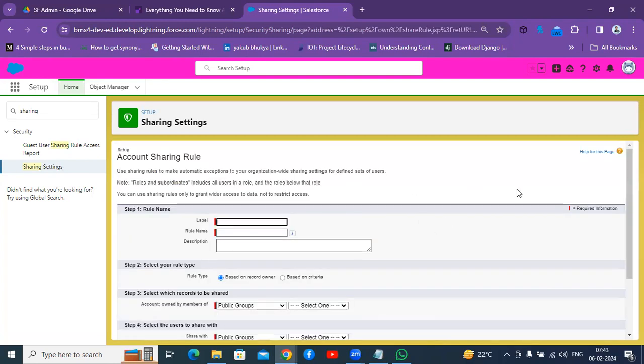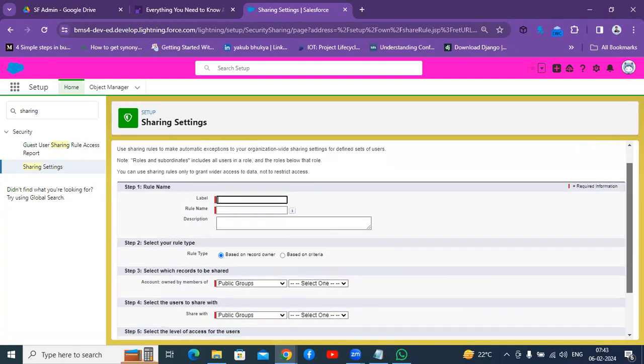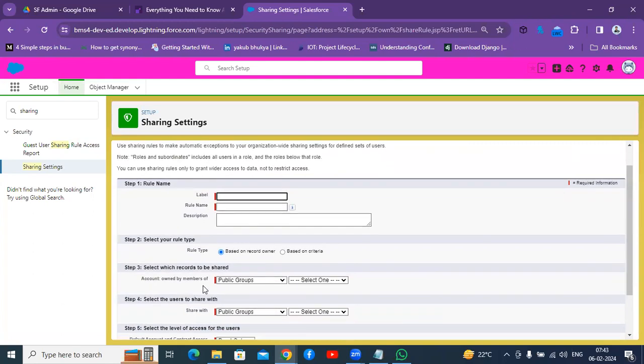While creating it, you can see to whom you want to share the records: account owned by members of public groups, roles, and role subordinates. For accounts owned by a member of a public group, let's suppose I'll add my name in a public group, so that all the accounts owned by these public groups I want to assign to another public group or another set of users. So, test public group.